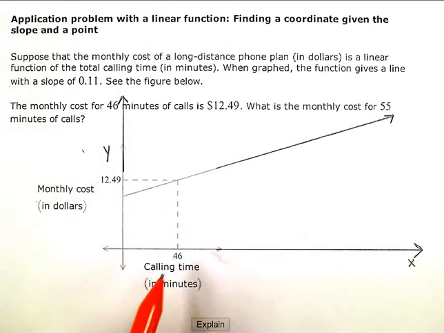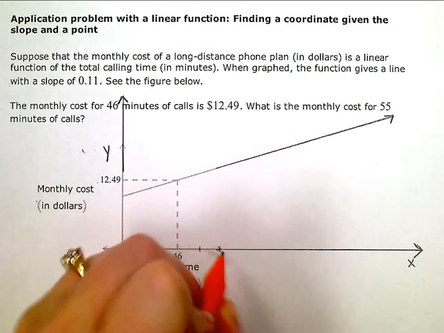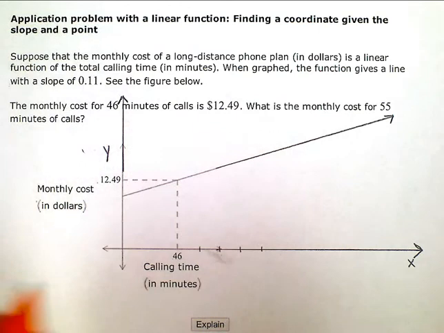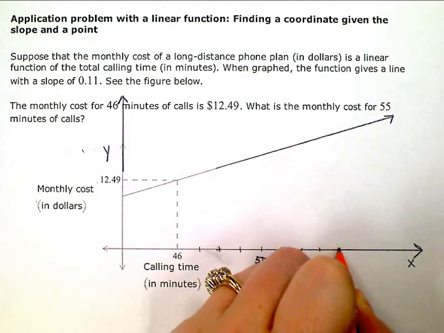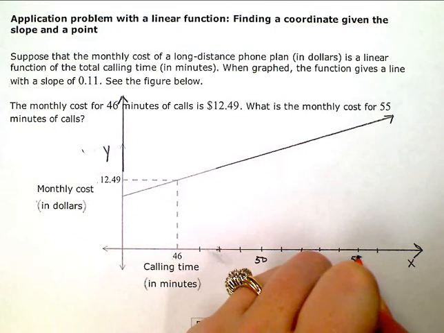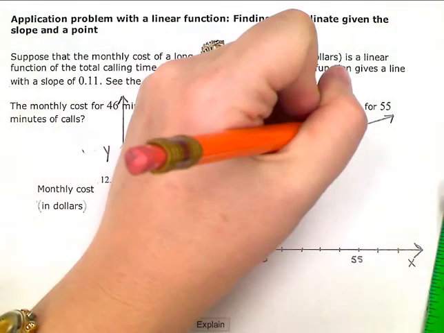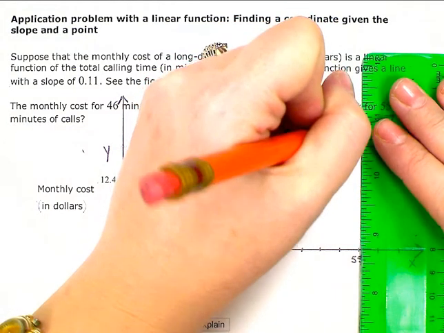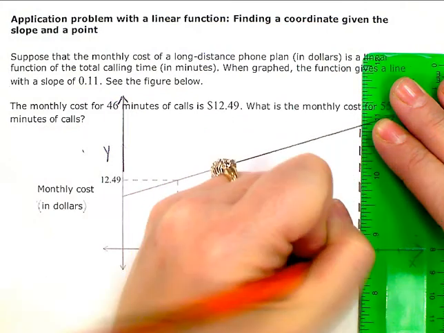Okay. So let's see. Let's go to 47, 48, 49, 50, 51, 52, 53, 54, 55, 56. Oh, I don't even need to go that far, just to 55, okay? So here's 46, there's 50, there's 55. So I want to know, at 55, I'm going to go ahead and just kind of mimic what they did at the other point. At 55,